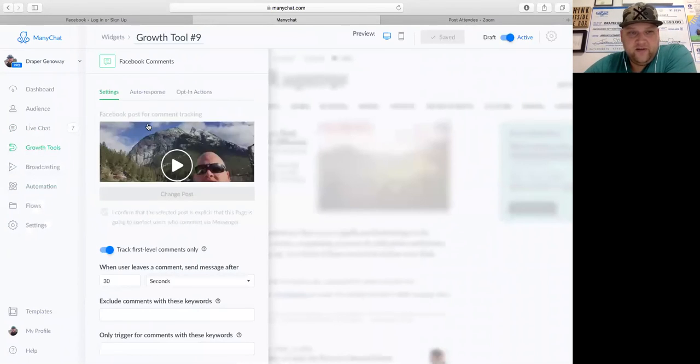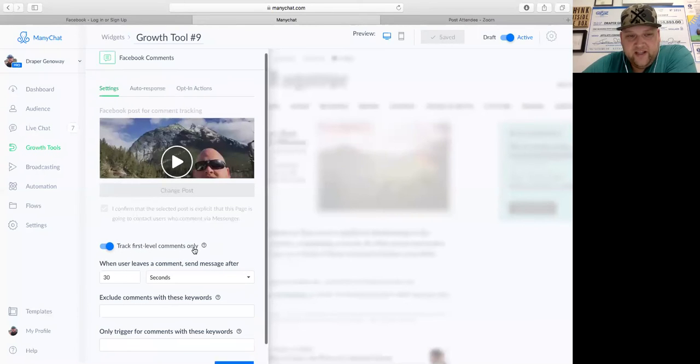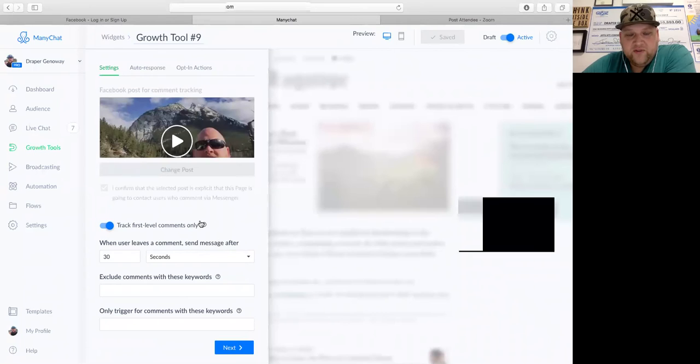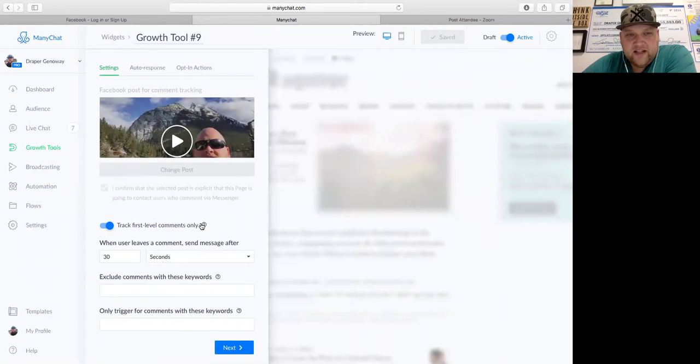This growth tool number 9. This is where you would pick a post, like any post you want, from your Facebook or whatever, your page, and you'd click track first level comments only. So these people are only going to get a message from Manychat the first initial time they comment on it.